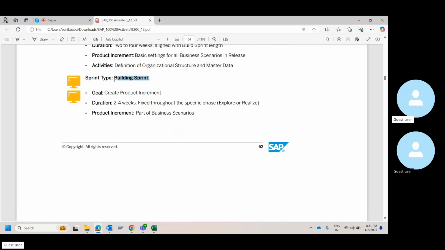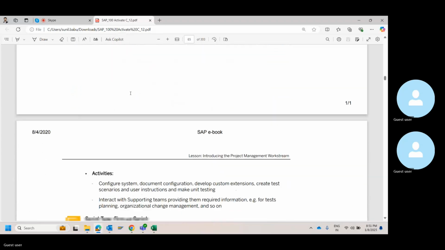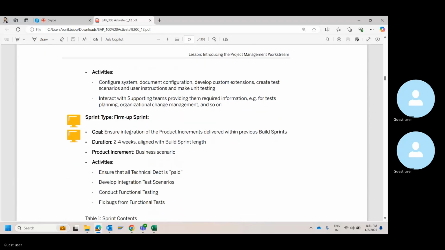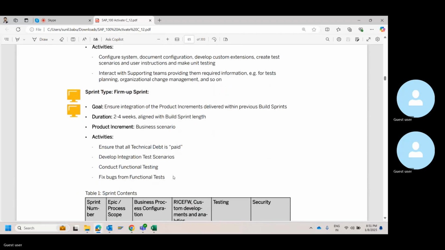Building sprint is your main configuration, your extensions, your test scenarios, all those things. Then the firm up sprint is your fixes. You have done something and it's all working fine. You go for UAT, you test everything. If there are bugs, they get raised. You fix all those bugs and you build a proper product that can be deployed into production. This is the firm up sprint.